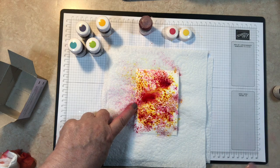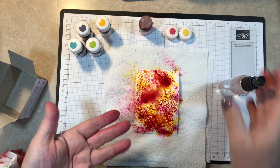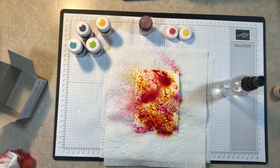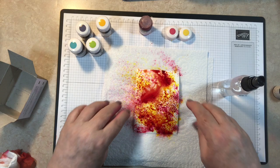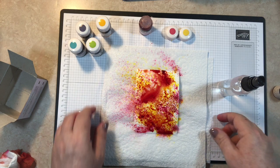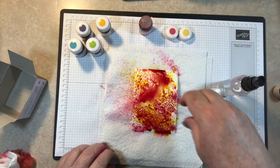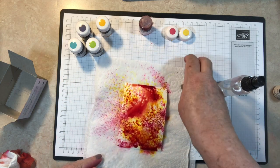Definitely wouldn't be wearing a white t-shirt while you're doing this technique, because you'll end up with things all over the place and all over your hands. So I'm going to leave that one there. And again, let that dry, and we will see how those turn out in a moment. So let's put those to the side,